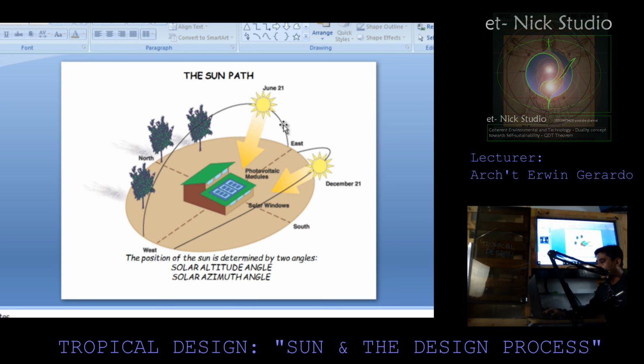So from sunset, take note that June 21st is already considered to be one of the highlights of our solar system that draws heat through the house. So we can avail of the solar radiation coming from the sun. So this is your north, west, and your south, which is actually your solar window, and during December 21, it